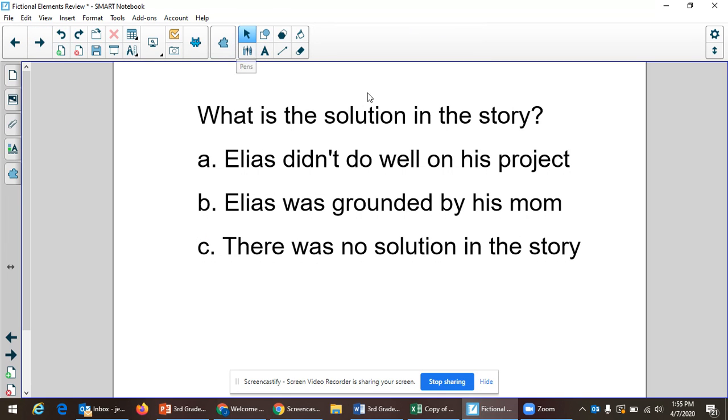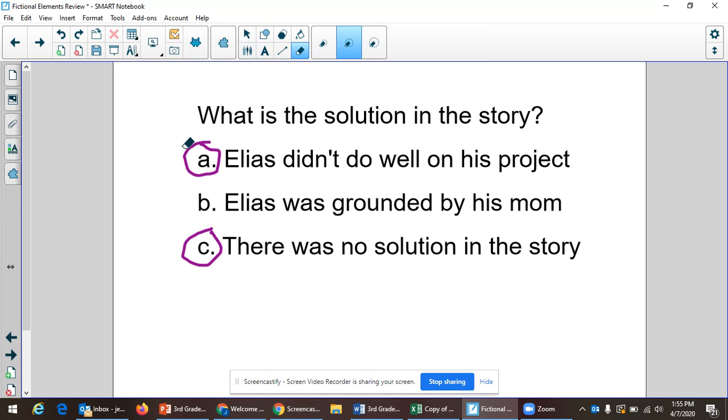What is the solution to the story? Elias didn't do well on his project. Elias was grounded by his mom, or there was no solution to the story. If you thought he didn't do well on his project, you could say A. But does that solve the problem? Not really. So I would say it's more of C,